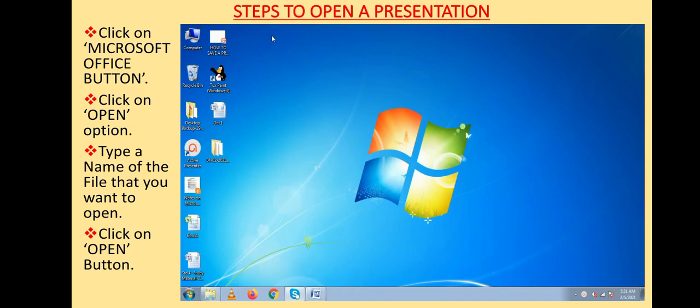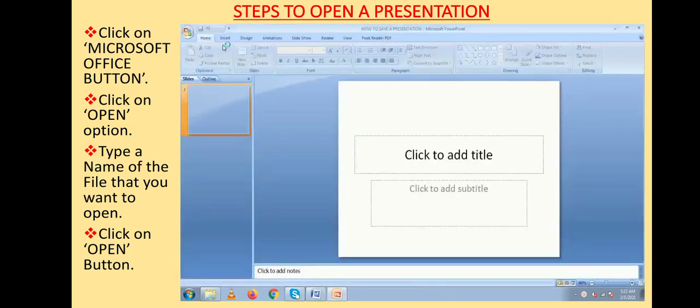Like we have saved our file on a desktop. So go to desktop, search for the file and double click on it. If you double click a file, your presentation will get open. So this is one way of opening a PowerPoint presentation.